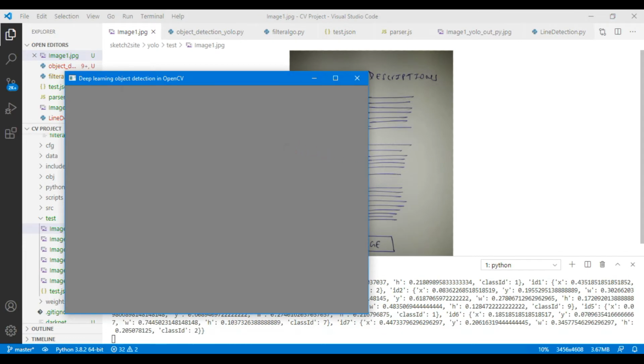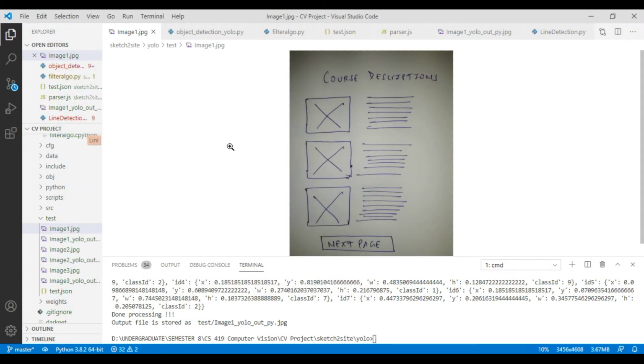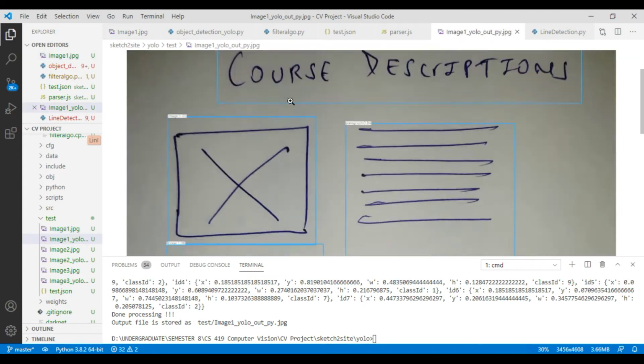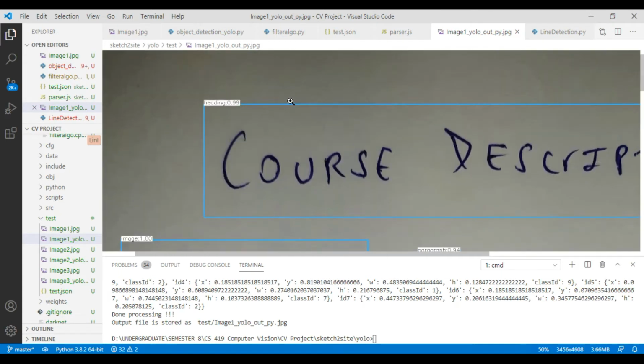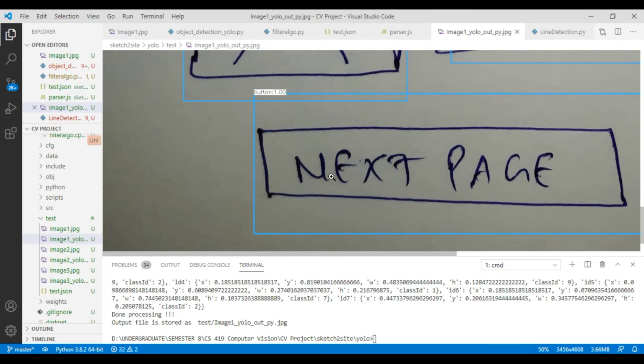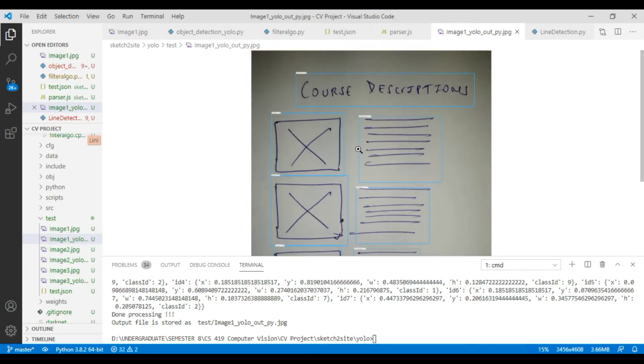The YOLO algorithm detects various elements in the image and generates a bounding box around each. It gives the bounding box coordinates as output. Here is the output image generated from that algorithm. It properly detects the heading, images, paragraph and button in the image, along with some other components.